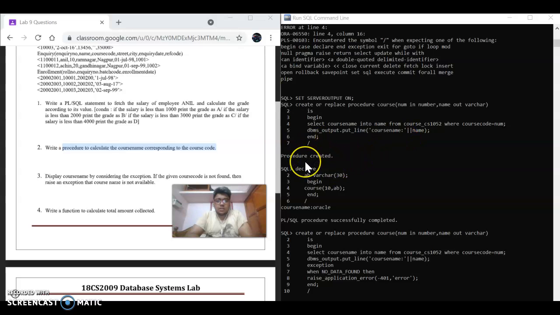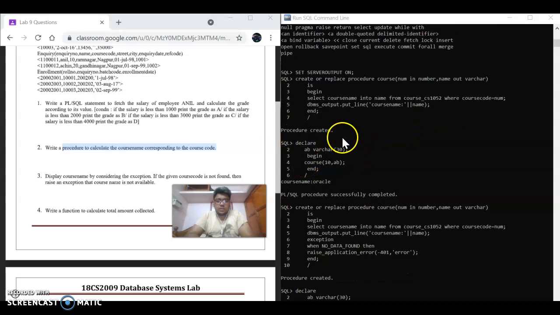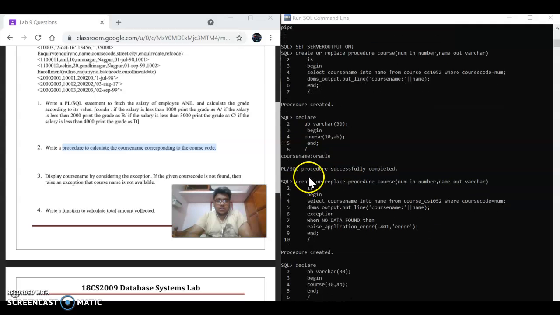And end, and the procedure was created. We have to declare a variable character and begin, and course number is 10, and print the course name. And end, and the course name is Oracle, and PL/SQL procedure successfully completed.